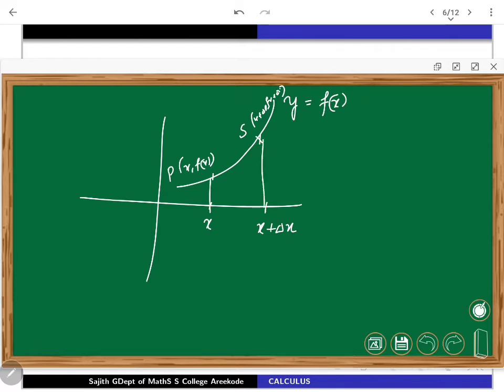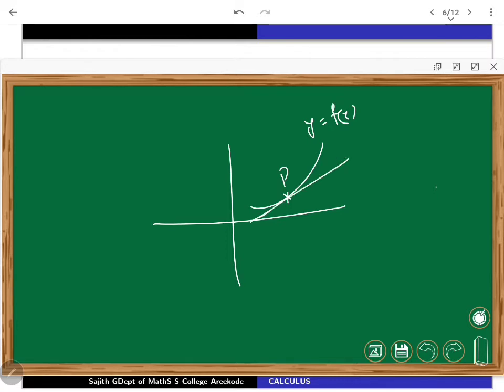So about variations, this was the thing you have looked for. This was our delta x, and if you look from y to y plus delta y, the functional evaluation changes something like this. This is what you observe. Now, if the function is differentiable, suppose we have a tangent at this point P. Look at the tangent at P. Whenever y equals f of x is differentiable there and a tangent exists, it will be like this.